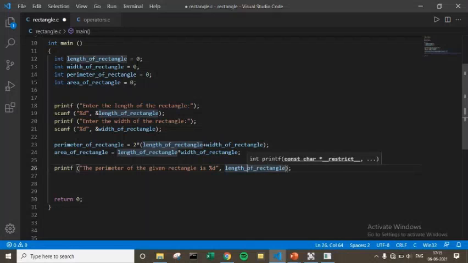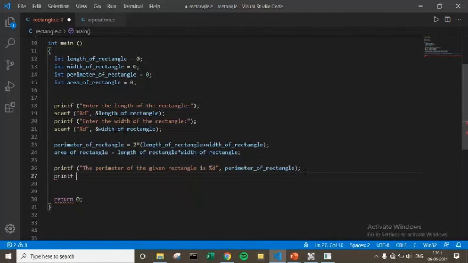Sorry, it's the perimeter of rectangle. Perimeter of rectangle and the area of the given rectangle is %d.